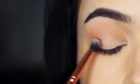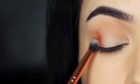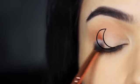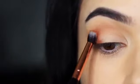And I want you to basically stamp this and press this on the outer third of the lid. Really making sure to get right by those lashes and then slightly into the crease. Now, when I say to get deep in the crease, I mean nice and low. So we're applying the shadow in this sort of moon shape. Once we've done it in this area, we can use whatever's left over in the brush to softly blend this